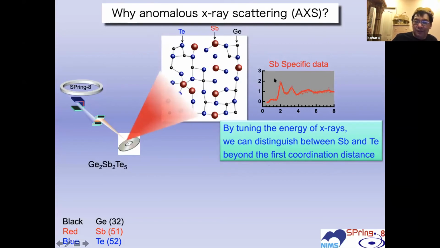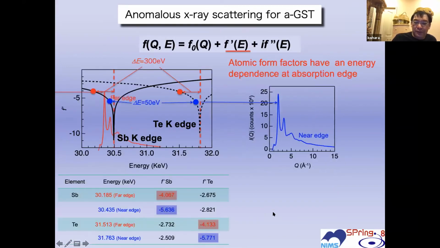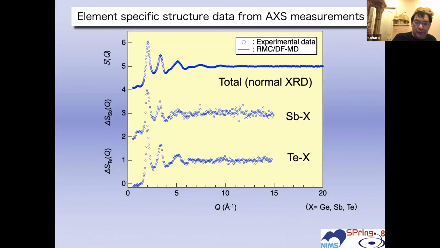This is antimony specific data, and this is tellurium specific data. They are slightly different. Okay, I will skip this. This is too much detail. And anyway,